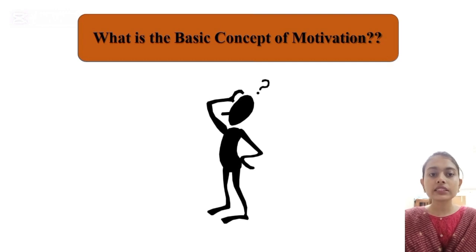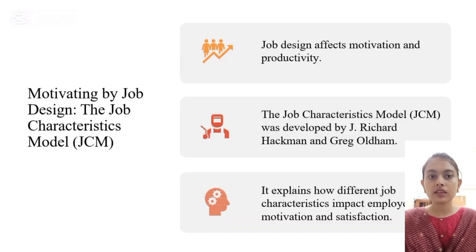So let's start. First is motivation. What is motivation? Motivation is the process that initiates, guides, and sustains goal oriented behavior. It has three key elements: direction, intensity, and persistence. Motivation can be intrinsic, like finding personal fulfillment in a task, or extrinsic, like a raise or recognition. It is very crucial for a manager to understand these sources to help employees to perform their best.